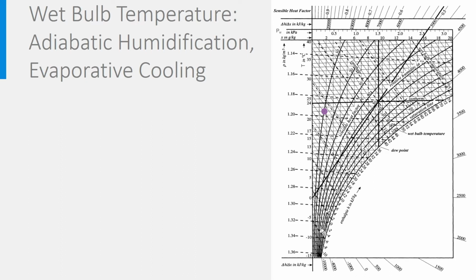This can very easily be achieved by injecting water droplets in the air until the right humidity is achieved. The process takes place along the constant wet bulb temperature line, which is also an adiabatic line, until 30% humidity is achieved. At that point, 1 kilogram dry air contains 3.8 gram water vapor, meaning that during this process 2 grams of water have been added. During this process, the air temperature has decreased from 22 to 17 degrees Celsius.